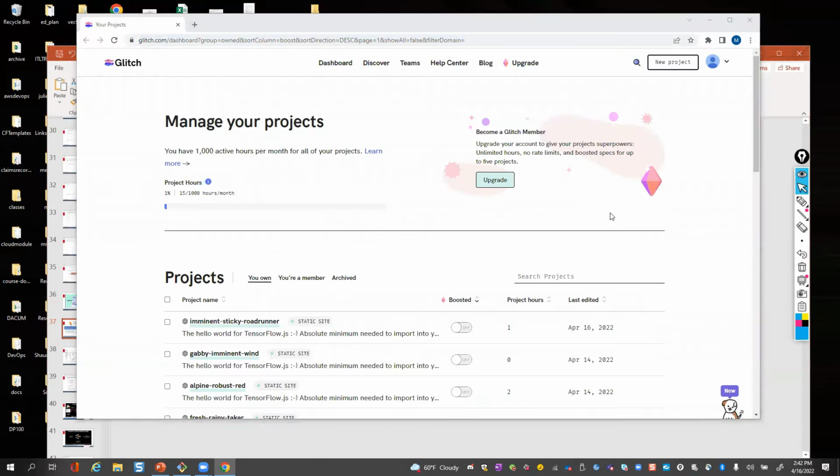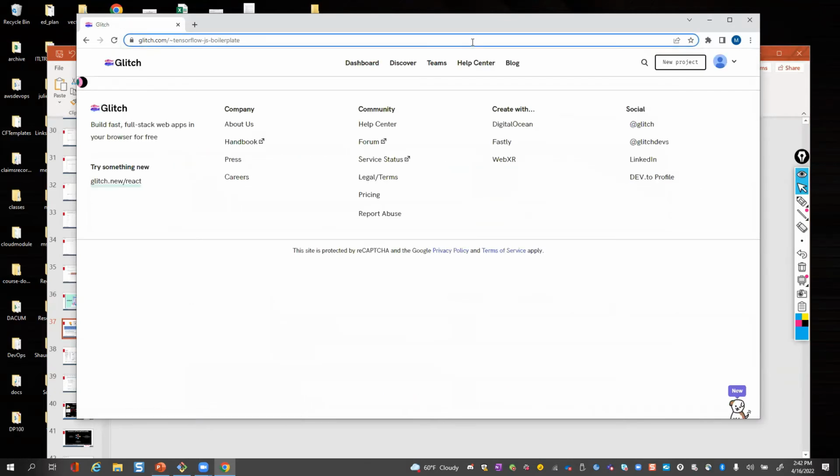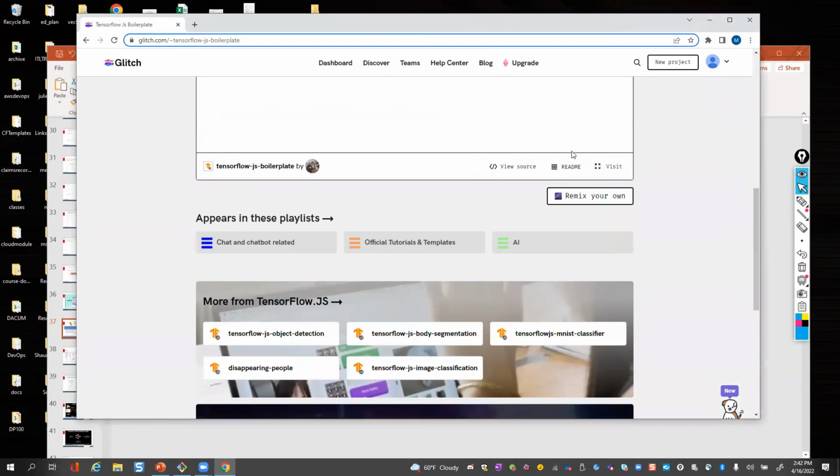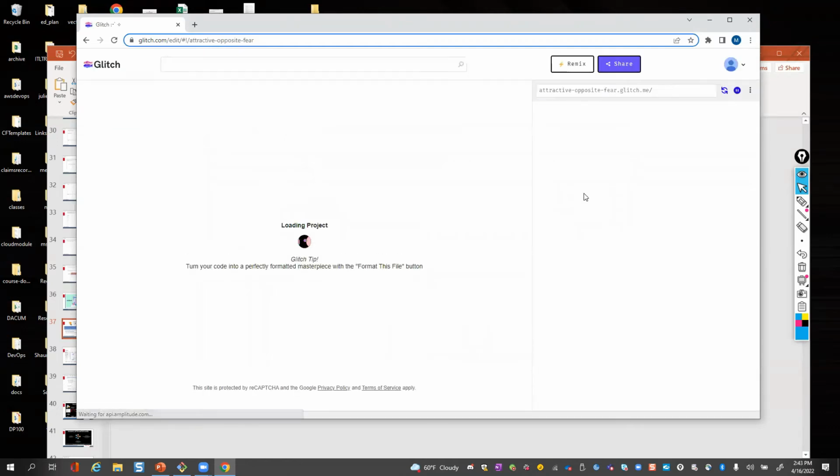All right. So if you've done a bit of programming on the web, you'll be very familiar with these terms. If not, I'll explain them to you. Okay. But here's this hello world. And the first thing you want to do with this hello world is do what's called a remix. So you scroll down, it says remix from your own. So it's pulling it from your repository and putting it in your repository. So it'll be in your dashboard when you start programming and it's yours, okay? So it's going ahead and doing the remix, and it's going to give you the files to start working with.